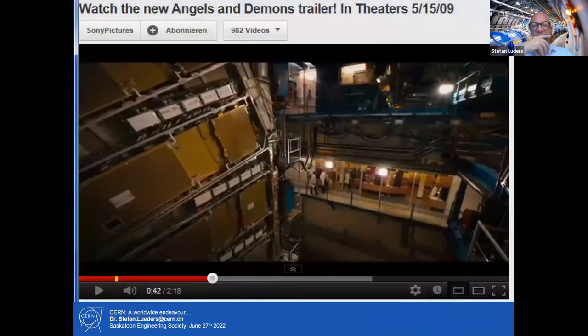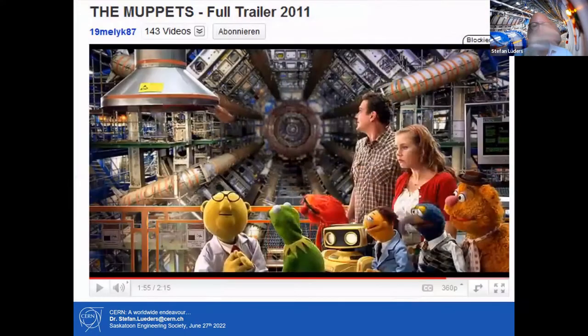And I skipped this. If you want to come to CERN, if you want to see this, that I'm not lying, watch Angels and Demons. On the left-hand side, you see the ATLAS experiment, as I've shown to you. Here in the film, you got the control room more or less at mid-level. No, that is not existing because the radiation will not be healthy for the people running around, but this is how the movie makers in Hollywood think it should look like. This is how the Muppets think the experiment is looking like.